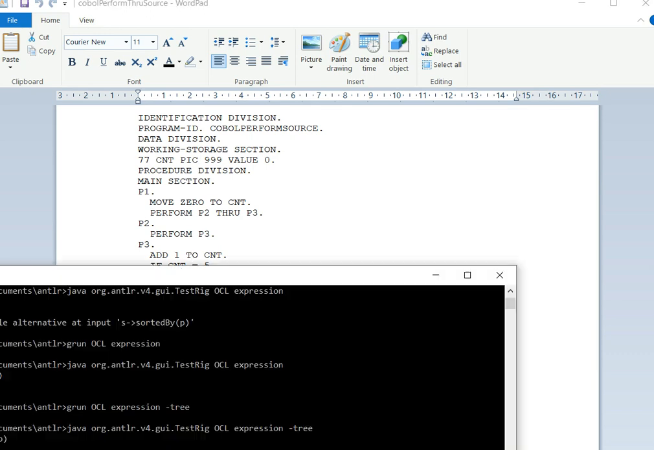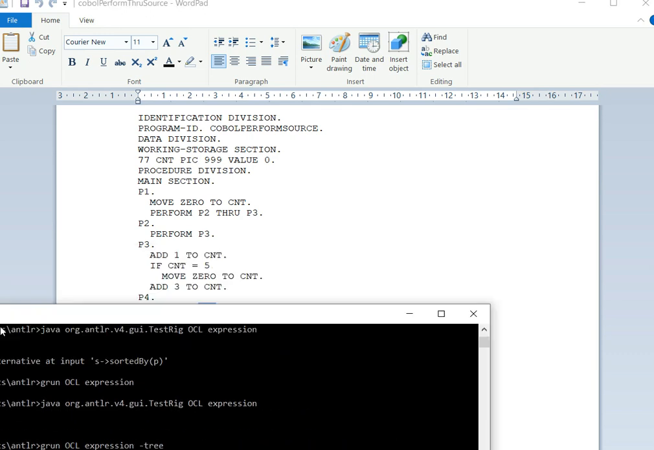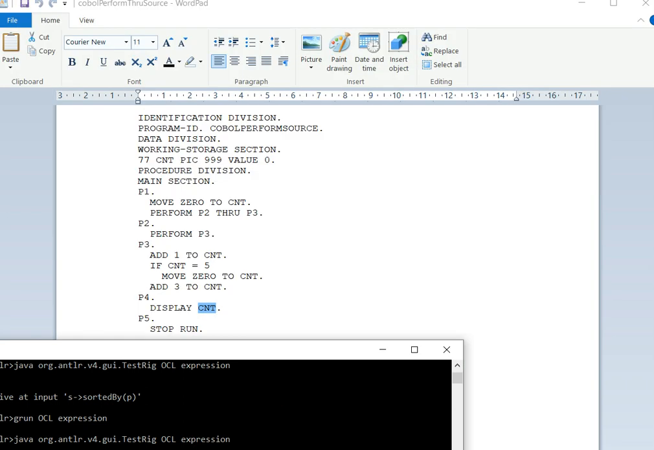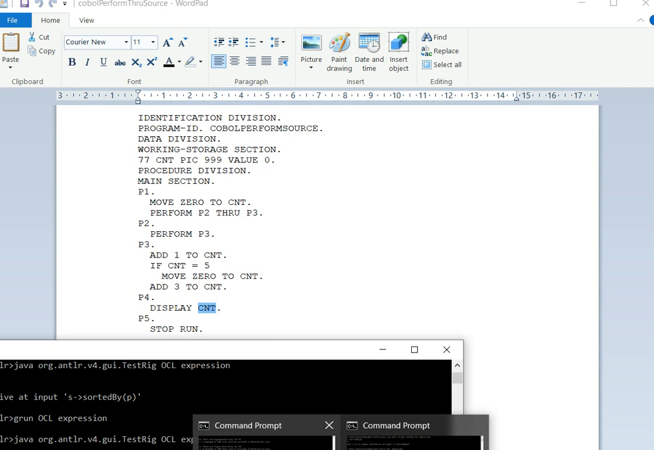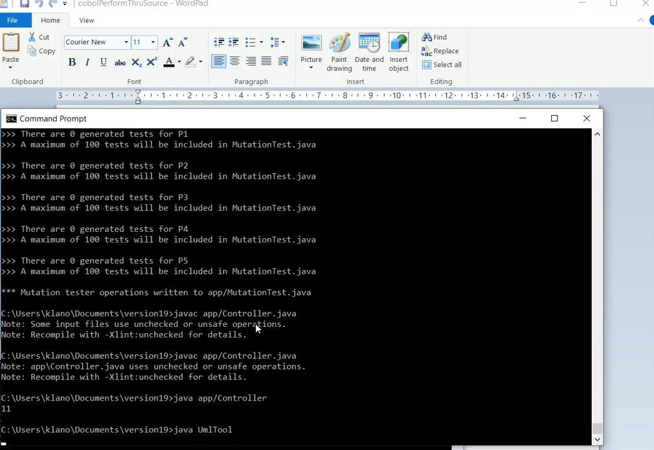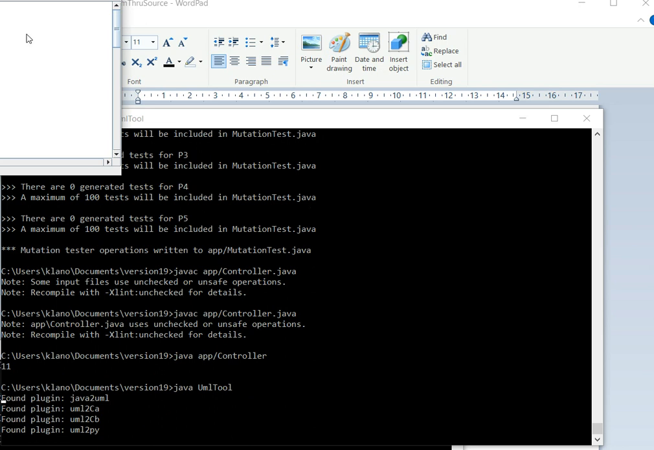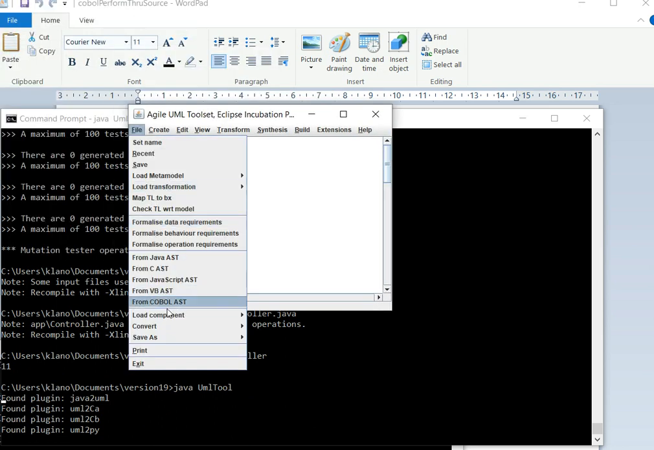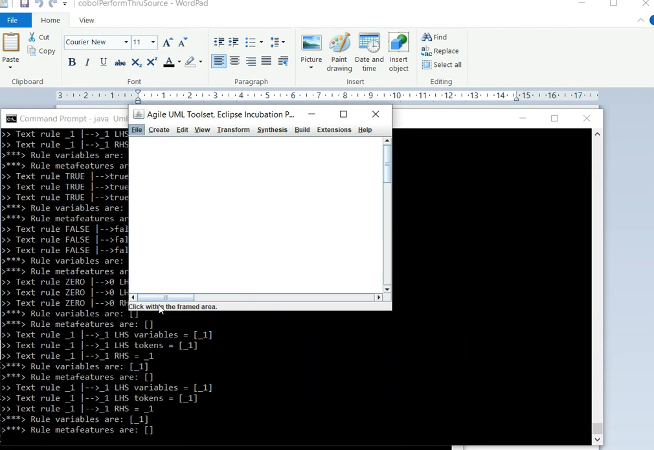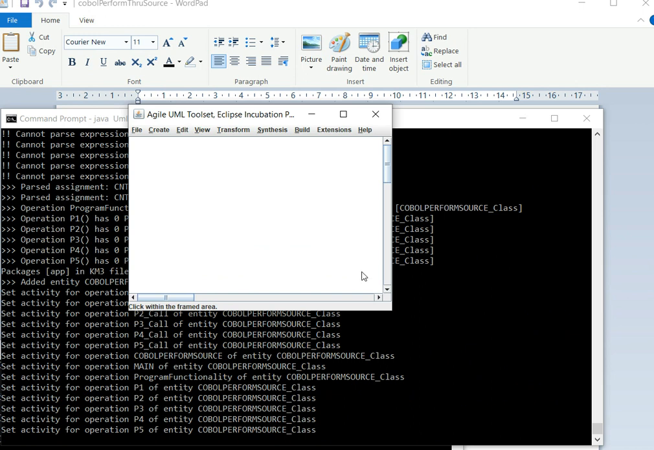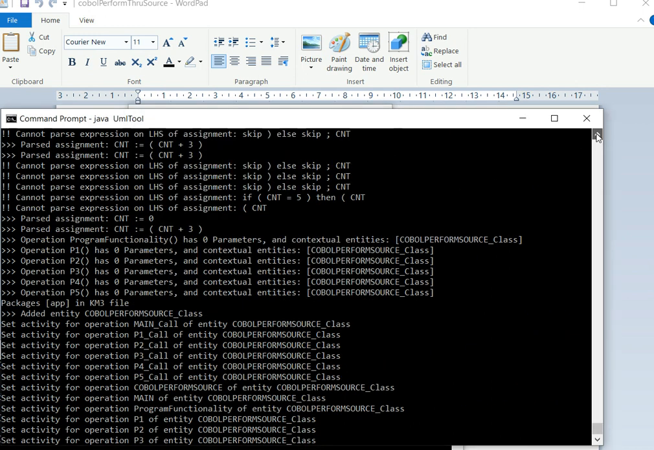What we can do is we can abstract that. We can do a reverse engineering. With the AgileUML tools, we read in the COBOL source, abstract it to UML and OCL. That